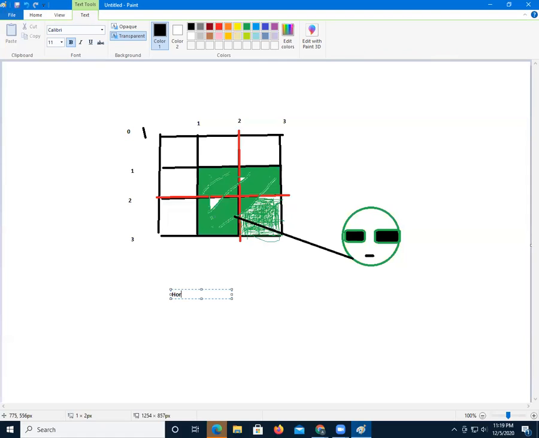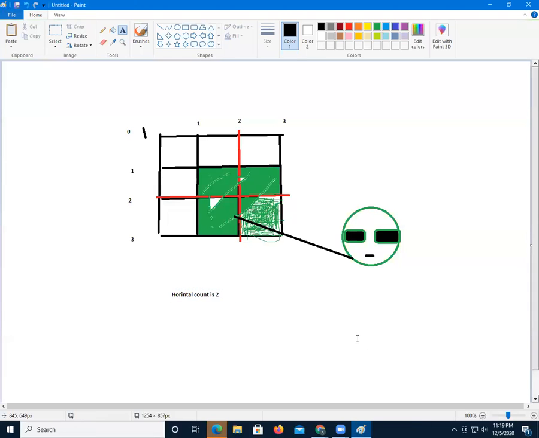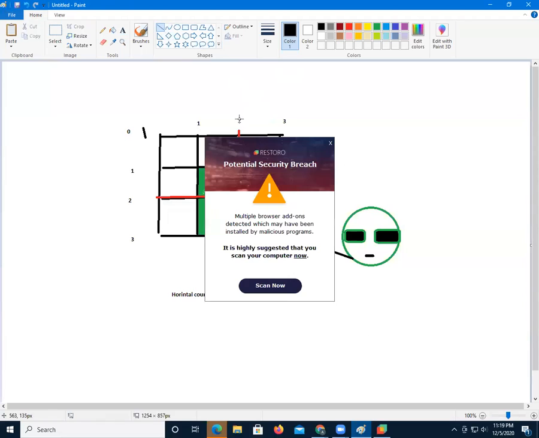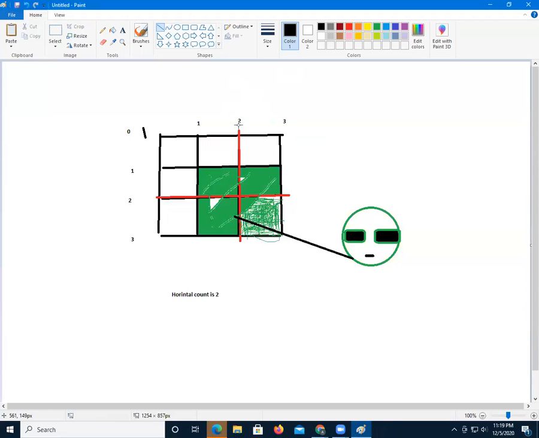Horizontal count. Count is 2. Then let's imagine that he's going to put his hand here, right? When he finds that